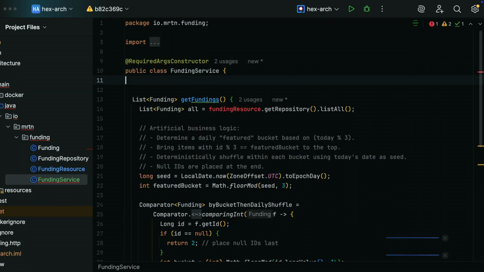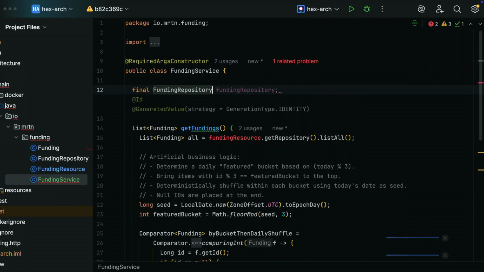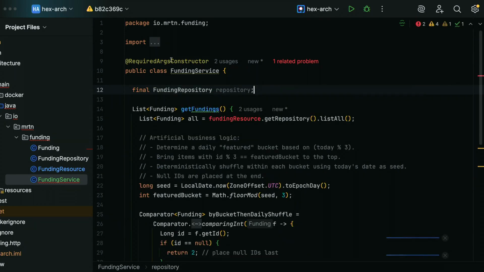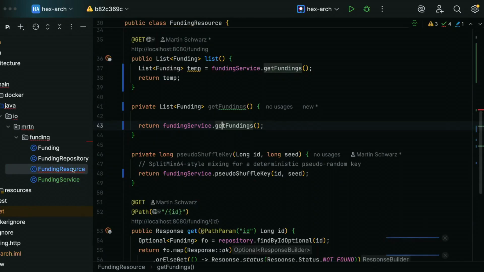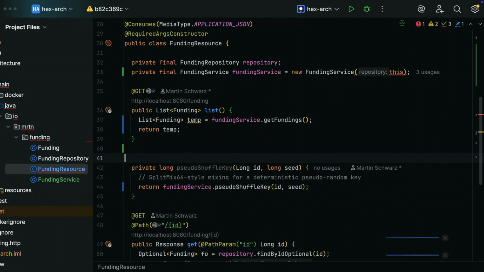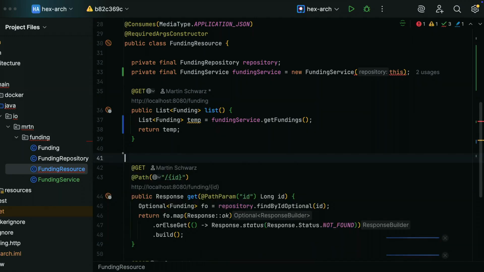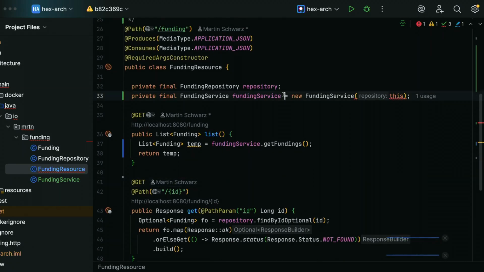So let's put something on here and then also just use the repository directly in the service. Then I can say, just call the repository here directly. And just like that, we have extracted the weird business logic that was in the controller to its own service class. But now we are still using the concrete class in the